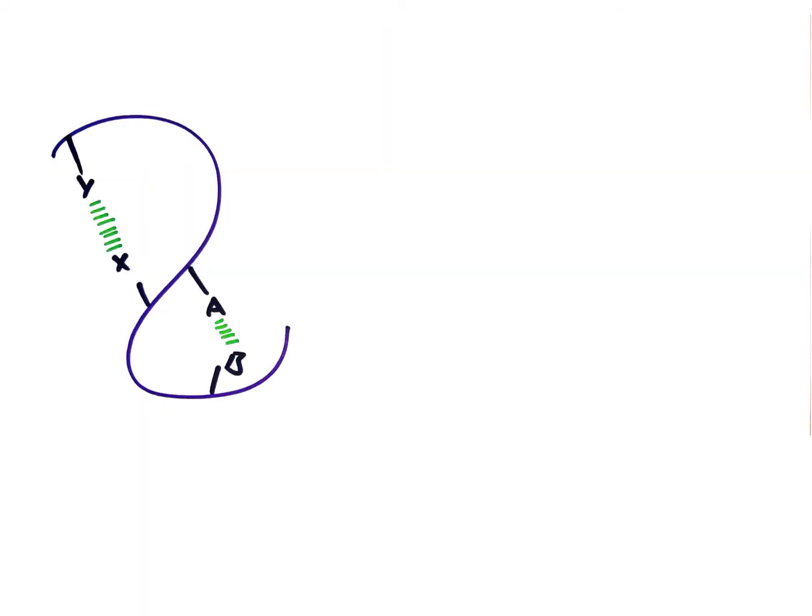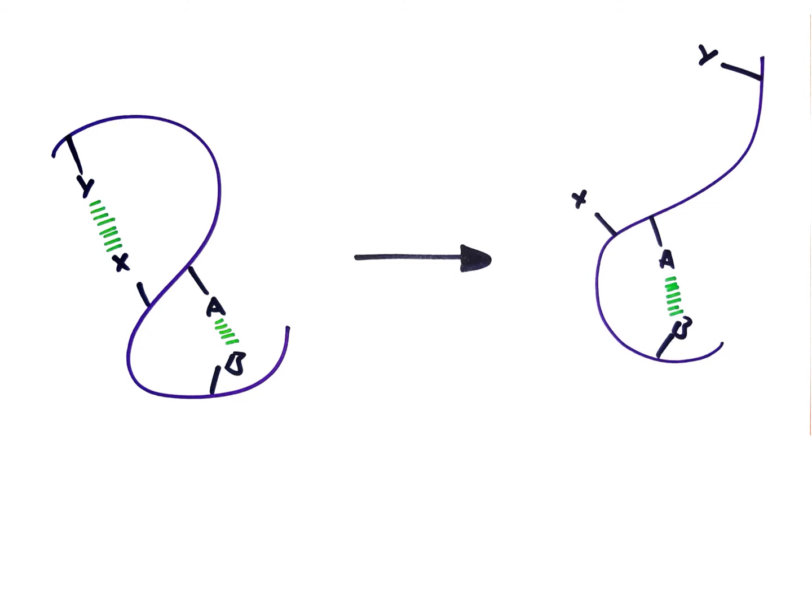So here's our tertiary structure, and I've represented our side chains there with Y and X interacting, and the green dash represents one intermolecular force, and A and B side chains are interacting with a different intermolecular force. Now let's say that we start to heat up this protein. As it's heated up, the intermolecular forces are going to be put under stress, and maybe they will break. And if they break, maybe let's say here that Y and X, the intermolecular force that holds them together, is quite weak. If it's weak, they will break first, and in doing so, the shape